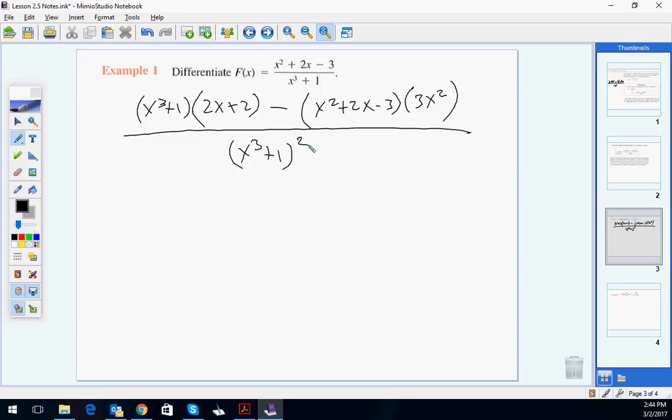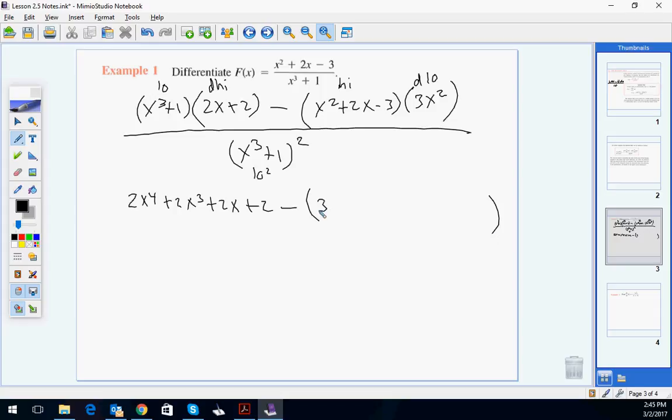So again, I'll label. This is low, d high, high, d low, low squared. If you're wondering, we have to FOIL that out. Yep, we do. Okay, combine your like terms. 2x to the 4th plus 2x cubed plus 2x plus 2 minus